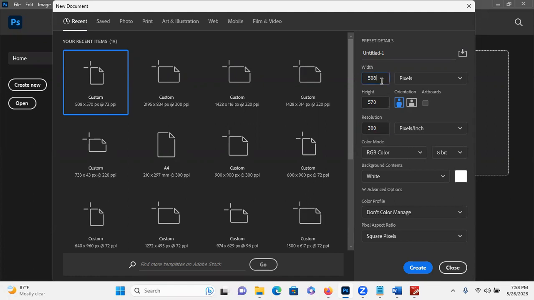And you can specify the width and the height. Again, here you can select the measurement unit. That can be pixels, inches, centimeters, millimeters, right? Like that. You can select. Assume that you are going to design a banner of 4 feet and 3 feet, 4 feet width and the